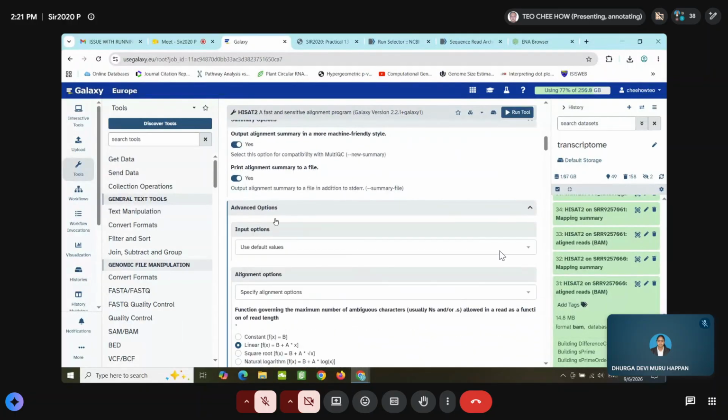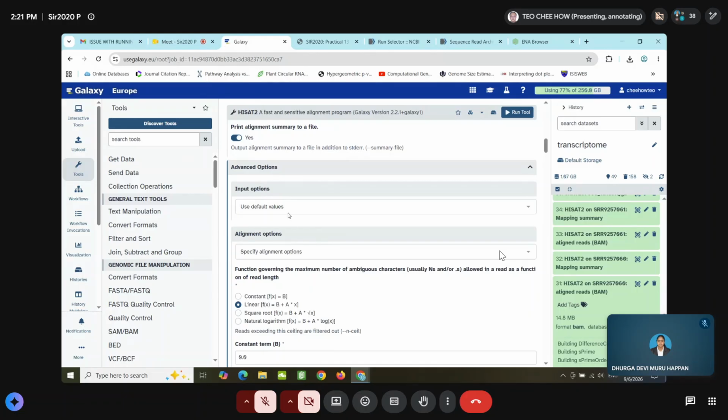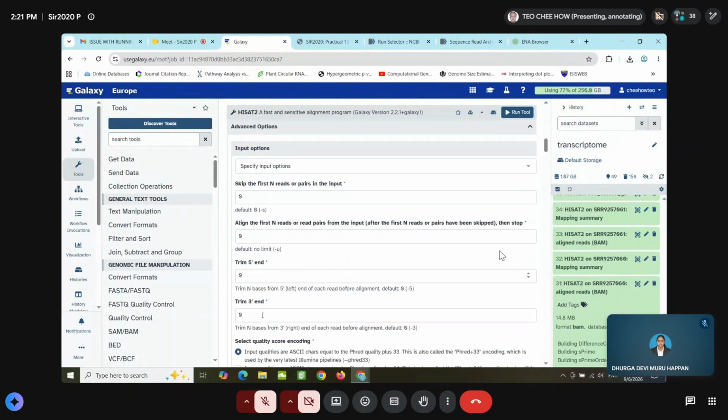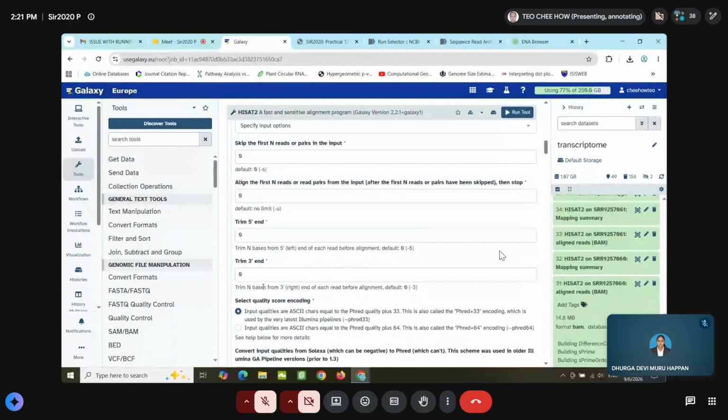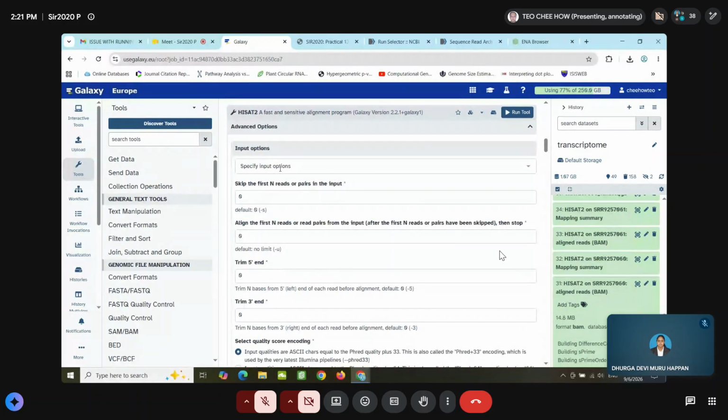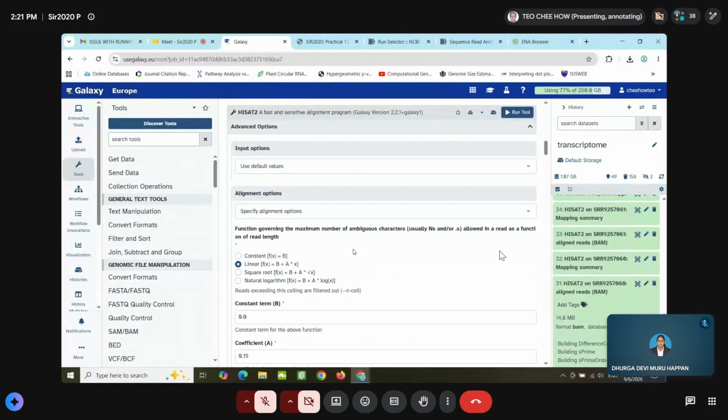So for other additional options, for example, you can specify the input options, skip any bases from the input and all those others, trim any 5' end, how many bases you want to trim, right? Those you can choose, but generally we use the default value, right?